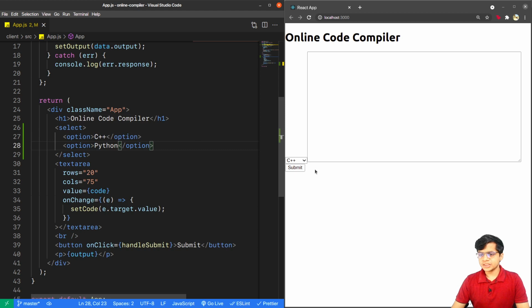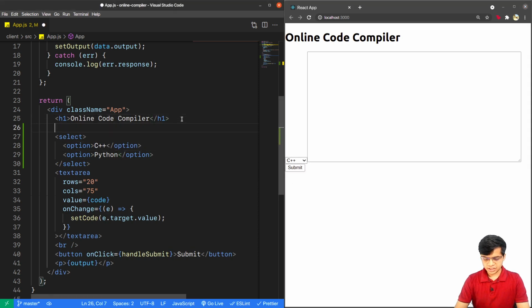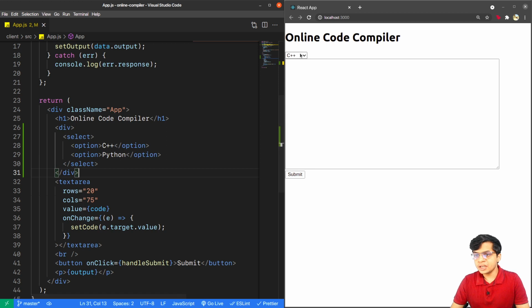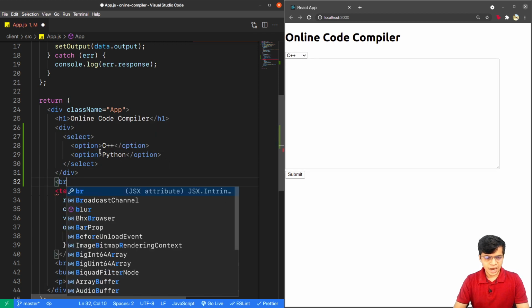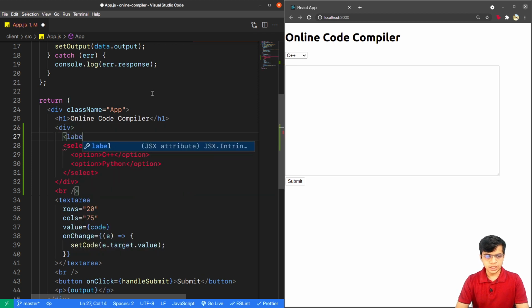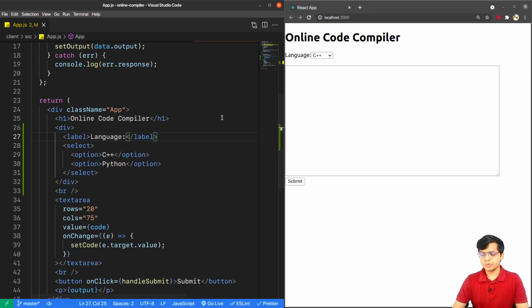Now let's see how it looks. It has gone towards the side, so this means these are inline elements, so I'll just separate them out from the flow so they don't line up side by side, and here we go, they just come on top of each other. Now there is no gap in between them, so I'll add a BR tag to separate them out. Yep. Now to tell the users that they can change the language from here, I'll use the label tag before the select statement and I'll write language. So this will bring up language here.